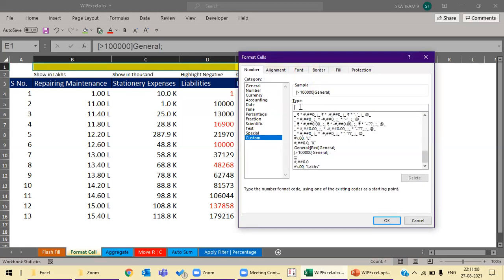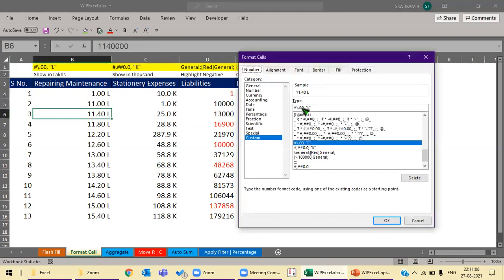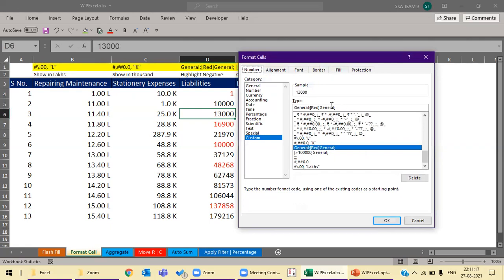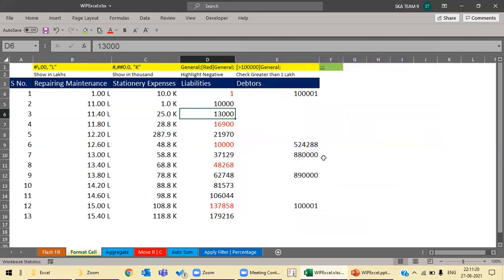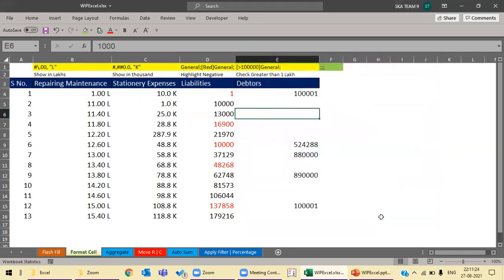You can go to any cell, press Ctrl 1, and you will get to know the formula used. I will share the sheets, don't bother about that. For each cell, I have used a different formula to get a report like this. In this way, we can use format cell options to format the cells in a very different and very useful way.